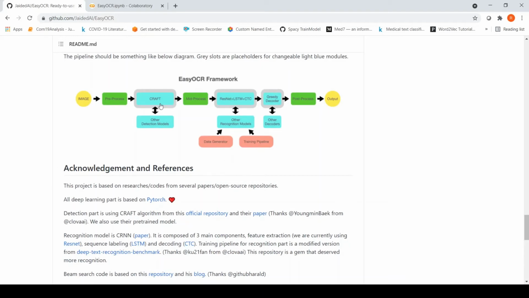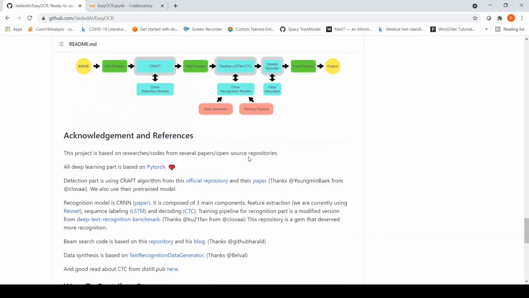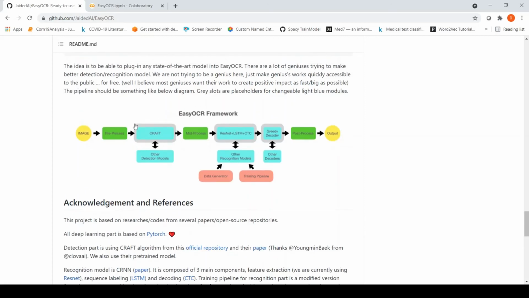So this is text detection and this is text recognition. The recognition model is a CRNN composed of three main components: feature extraction, which is ResNet, sequence labeling, an LSTM, and a decoding CTC network. The idea is that in future they should be able to replace these components in the EasyOCR framework with better models for better results.